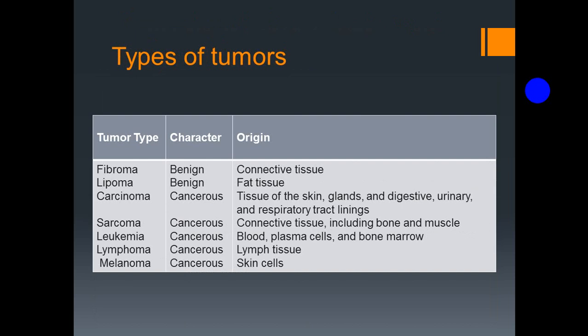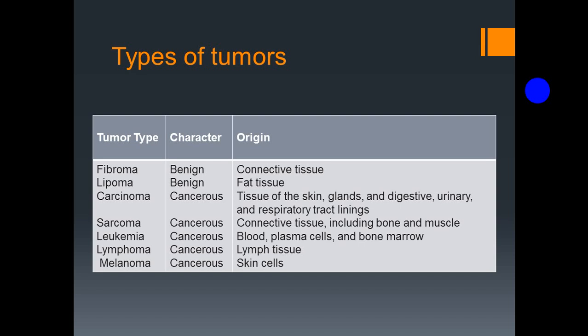The first one is fibroma, whose character is benign and whose origin is connective tissue. Lipoma is also benign in character, while in origin it is fat tissue. Carcinoma is the most common type of tumor,